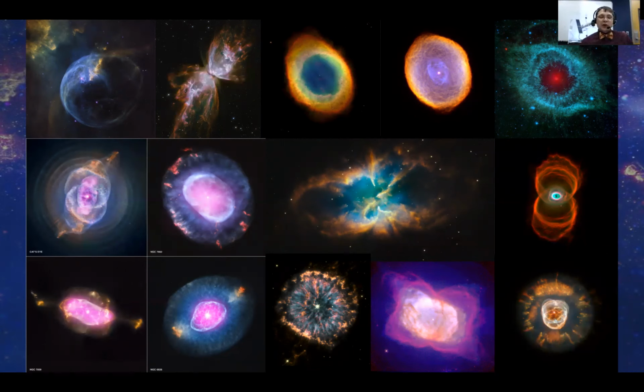So in some of these images, while you're looking and trying to guess what some of them might be by their name, you can see the remaining core of some of them. There's a white dwarf in many of these. So all of these on the bottom left, it's a little bit easier to see that bright spot at the middle. You can see them in a few others. This is, again, going back to it's easier to see certain things in particular wavelengths of light.